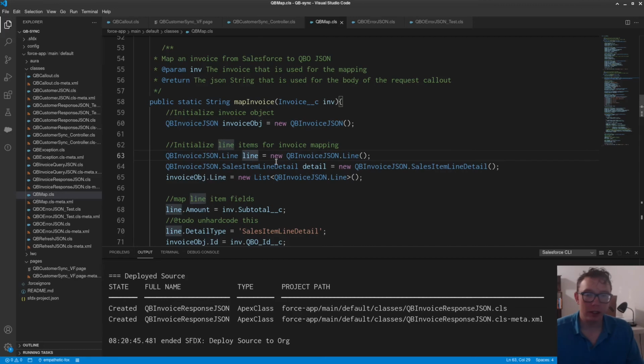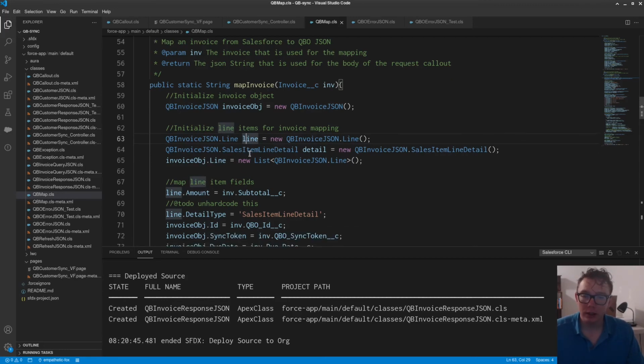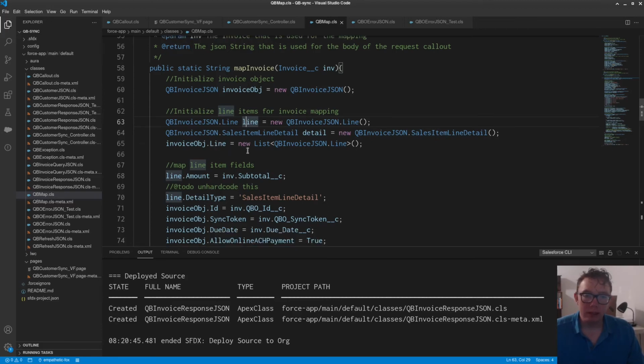We need to create a line class, and we need to instantiate the line class, and then we need to instantiate the sales item detail. And we have basically the invoice object.line, which is the lines array, which needs to be instantiated, as this is how you